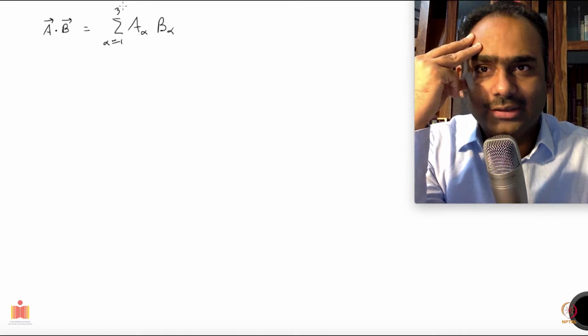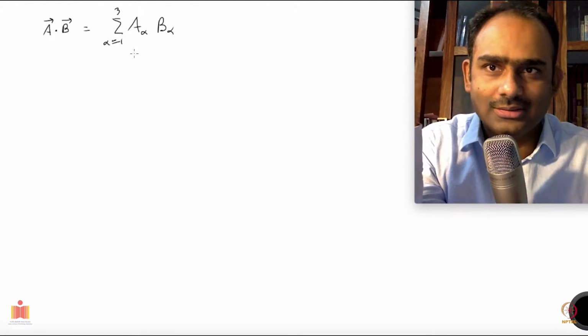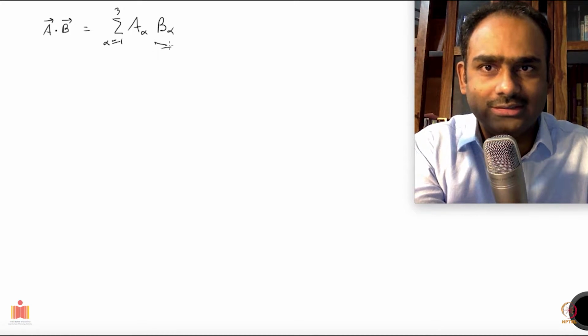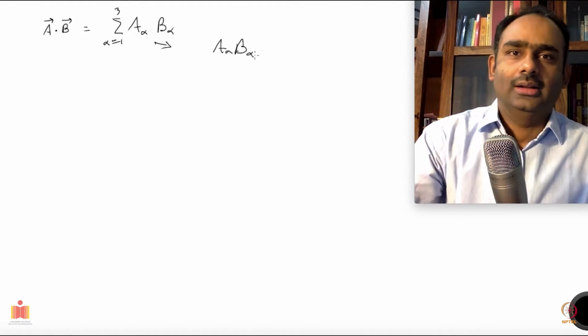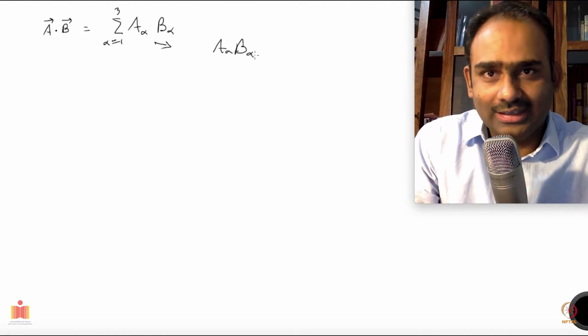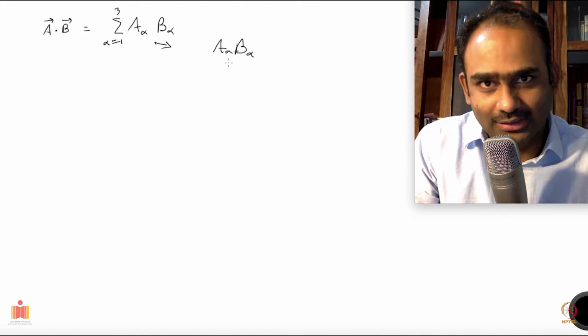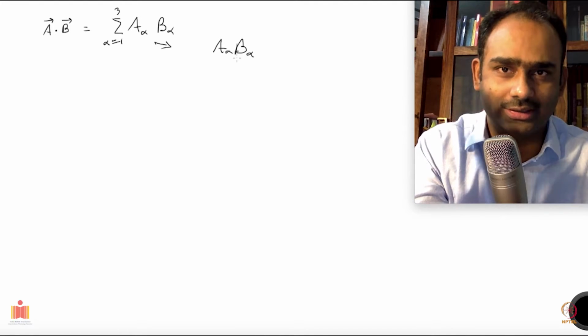But really I don't need to write this summation symbol, because I can make a shorthand notation and say whenever such a summation appears, I will just drop it and write simply a alpha b alpha. And I will remind myself that there is a summation over alpha, because I can notice that the alpha appears twice. So whenever an index appears twice, I will know that I was summing over it.